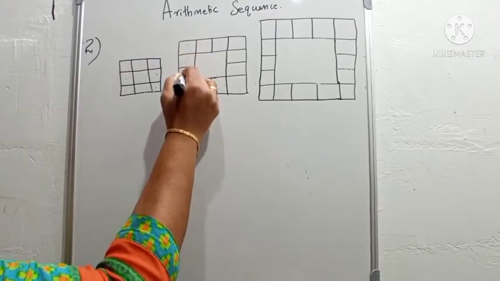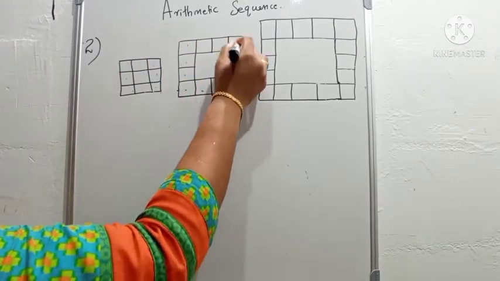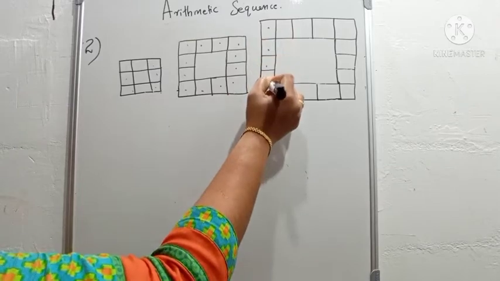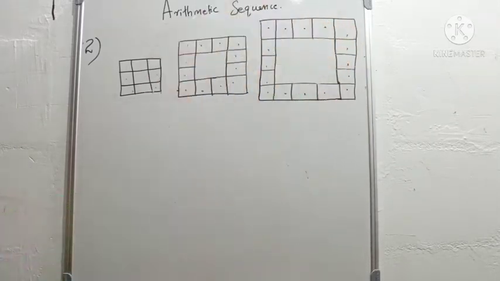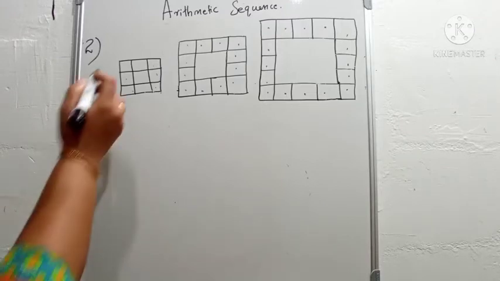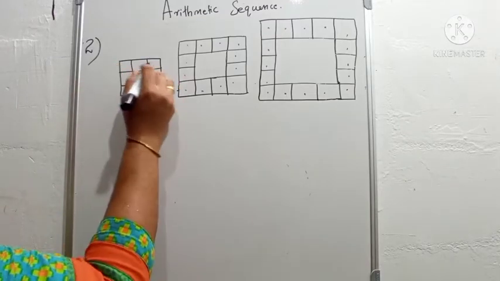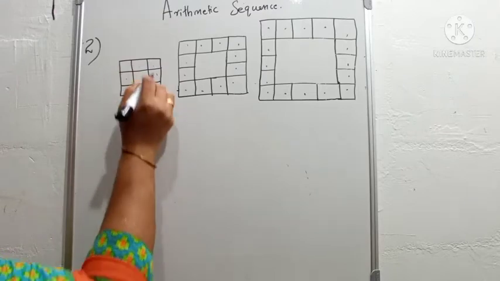Okay, these are the colored squares in your textbook. And if the pattern is continuing like this, does it form an arithmetic sequence or not? That's our question. See, how many colored small squares are there in